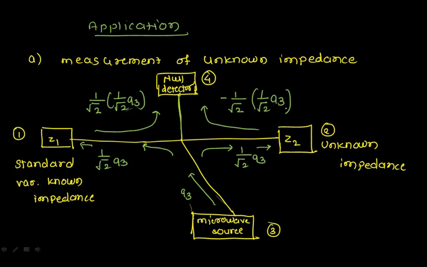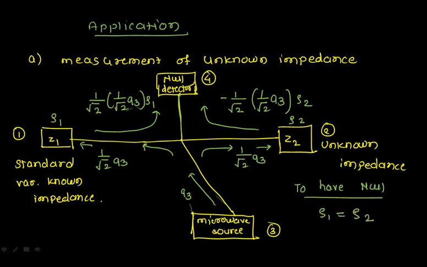Now whenever it comes back, suppose you are not terminating it with the characteristic impedance, you will have the reflections. So the reflected output, I'm considering my reflections are rho 1 here, and these are rho 2. So you have to multiply it with rho 1, and you have to multiply it with rho 2. Now your input is the same, all the things are the same. You will find 0 here when your rho 1 is equal to rho 2. To have a null, my rho 1 must be equal to rho 2.